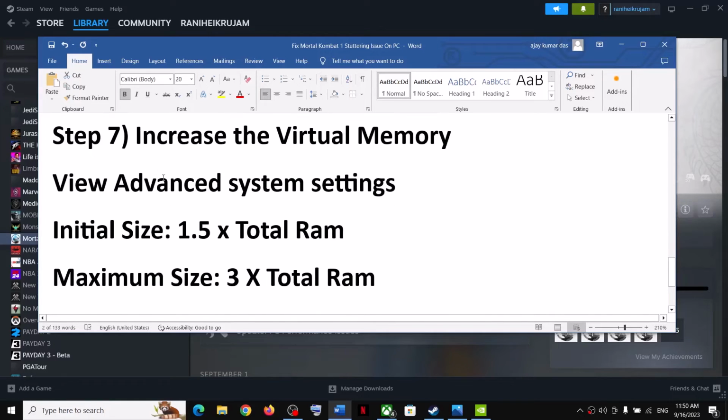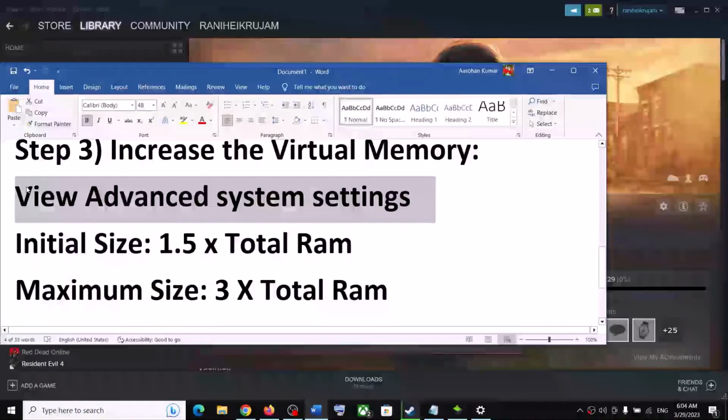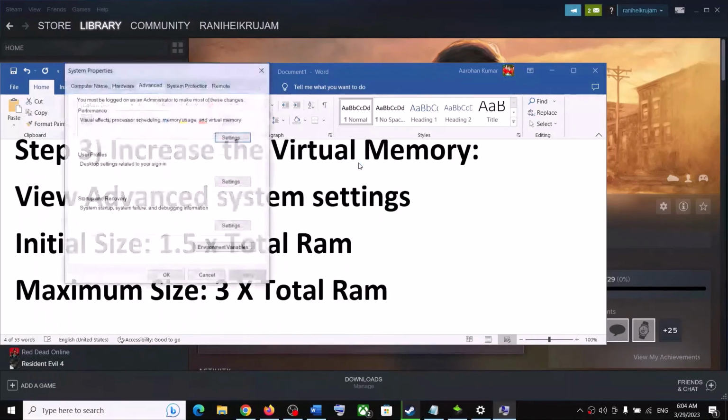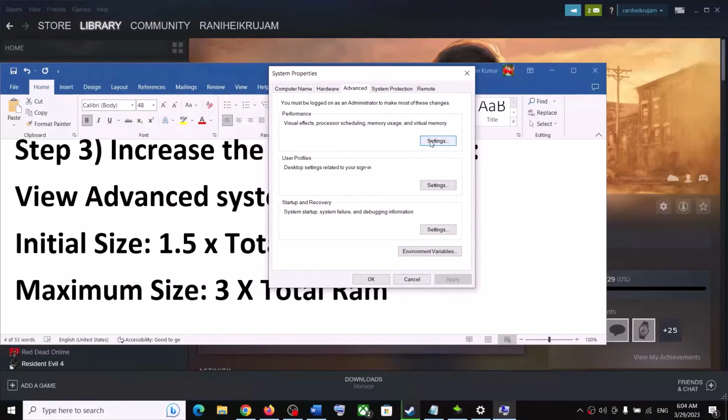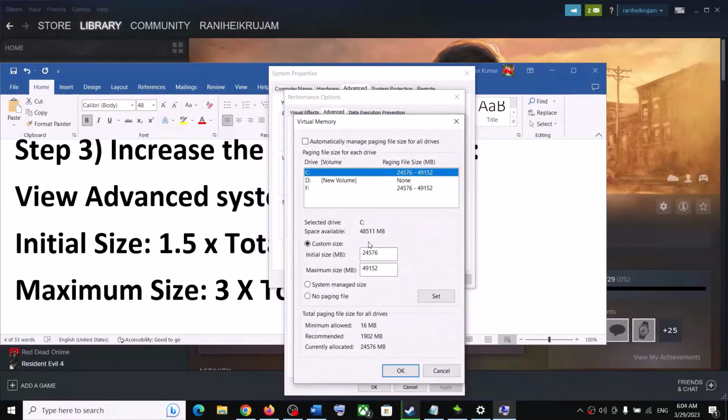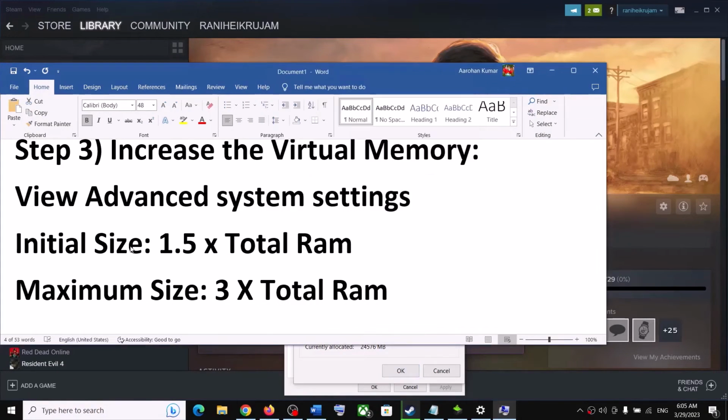Now next step is to increase the virtual memory. So you can type in View Advanced System Settings in Windows search box and click on it and then click on the first settings and then go to Advanced tab and then click on Change over here. Now select the drive where the game is installed. Uncheck the box which says Automatically Manage Paging File for all the drives. So you have to uncheck this box and then select the drive where the game is installed, and then the initial size is